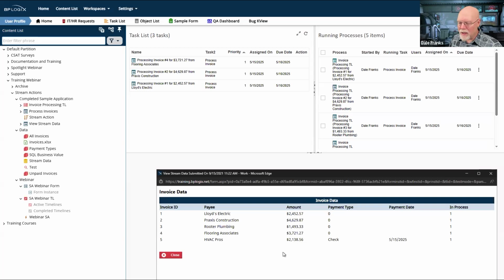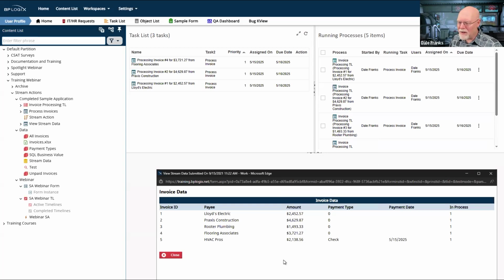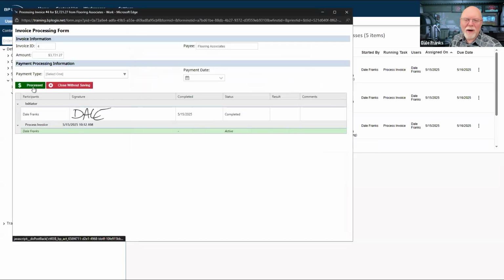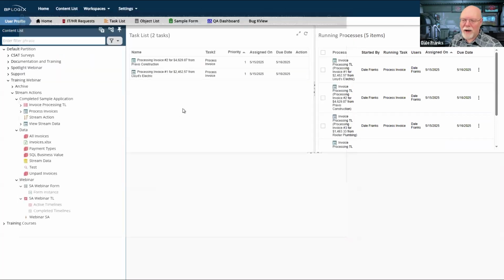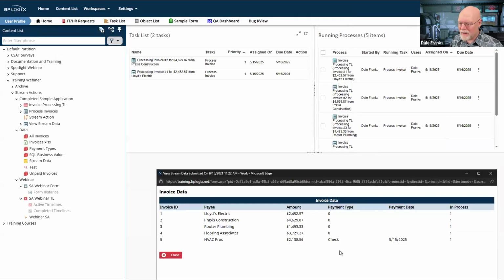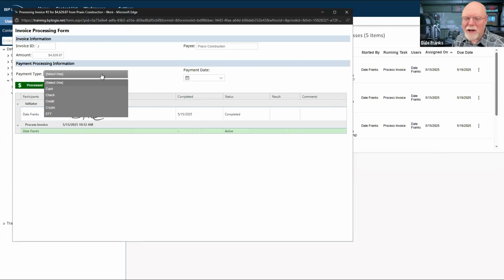And now we can see, well, I thought I did 2 and it's not showing me 2. Let's do 4 here. Check, processed.